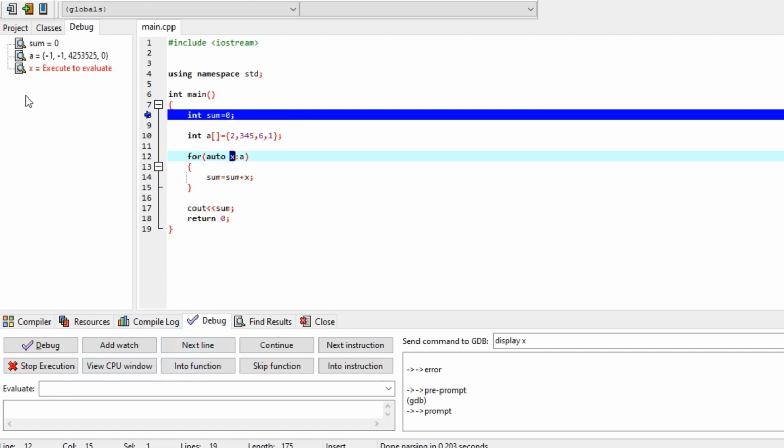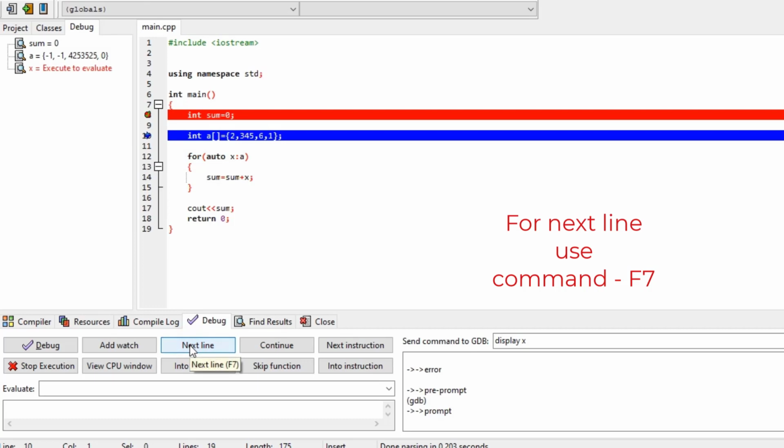next line. Whenever I click on next line or the F7 button, you can see the changes in the debug options. Sum is equal to 0 and will be incremented, the array a will be initialized, and the x value will be changed. You can see all these things whenever I click next line. Click on next line. So from the first line to the next line, a is equal to 2, 3, 45, 6, 1.